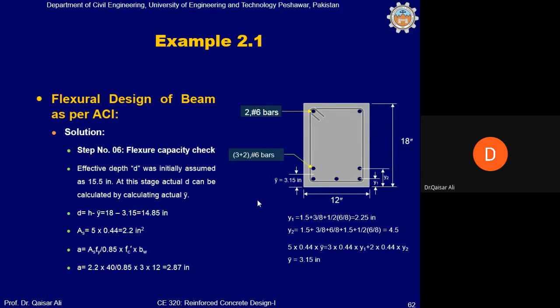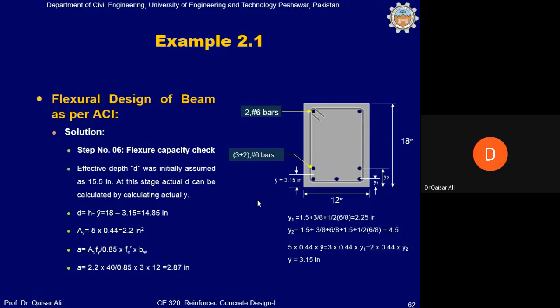वो हम ऐसे भी नंबर 4, नंबर 5 बार खुद अपनी मर्जी से उसमें लगा सकते हैं, बहुत ज़्यादा बड़े डायमीटर का बार ना हो। नंबर 4, नंबर 5 बार हम इस्तेमाल कर लेते हैं। अगर नेगेटिव बेंडिंग के लिए हम रिइंफोर्समेंट प्रोवाइड करेंगे तो फिर उसका भी हमें ख्याल करना पड़ेगा कि अगर हम नंबर 6 बार उधर नेगेटिव बेंडिंग के लिए इस्तेमाल करेंगे तो फिर हम कोशिश ये करेंगे कि ये 2 बार भी नंबर 6 की हों।